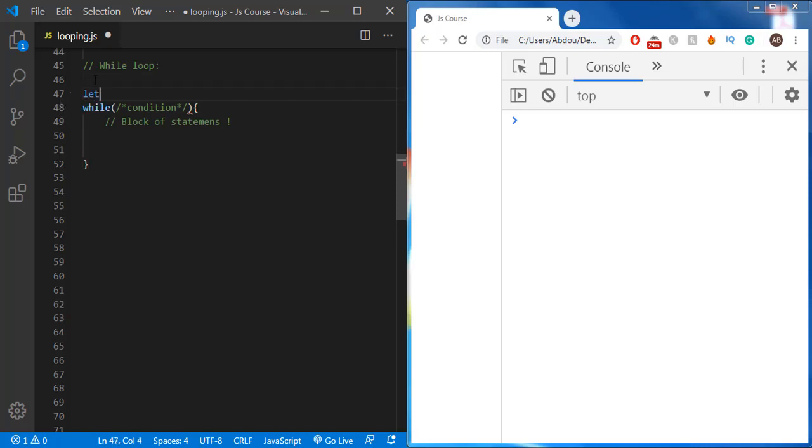Let's say that we have a counter that we are going to initialize with the value 0. What we are trying to do in this example is to print the counter to the console before and after the execution of the expression that we use to evaluate our condition. In this case, it's going to be incrementing the counter. So let's see that. First, let's define our condition, which is going to be: while the counter is less than or equal to 5,